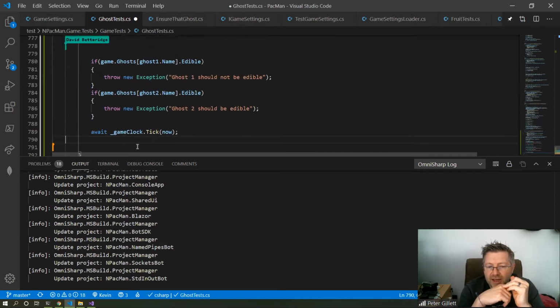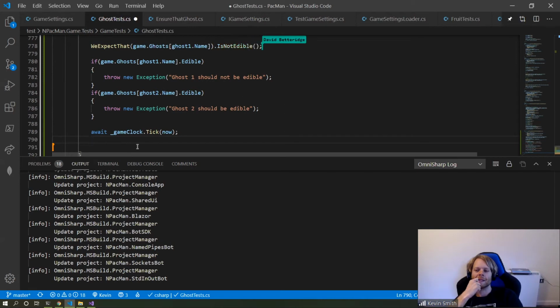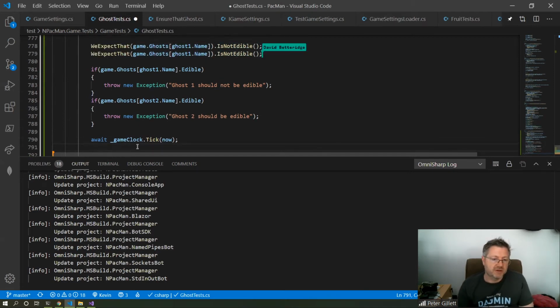No, not yet, because we don't set them to not edible until after the 4 seconds after we played. So if we then tick... Oh yeah, because he has to die, doesn't he? At that point he should be dead. So we can actually check to make sure he's dead or he's dying. Can't remember what the code is, but